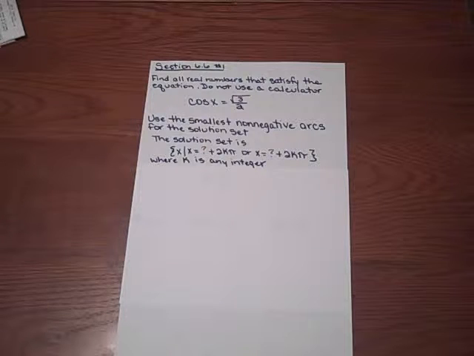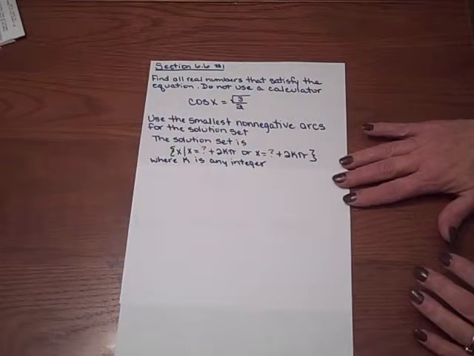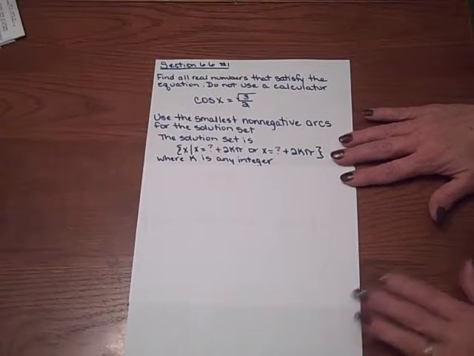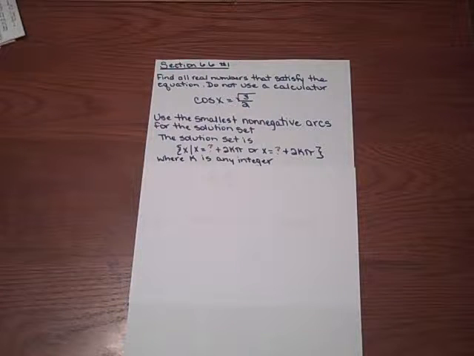the set of all numbers x equals what arc plus 2k pi, or x equals what arc plus 2k pi, where k is any integer. Now, this problem is actually going to be made very simple because Ms. Crouch has had us memorize quite a few things that are going to help us to solve this equation